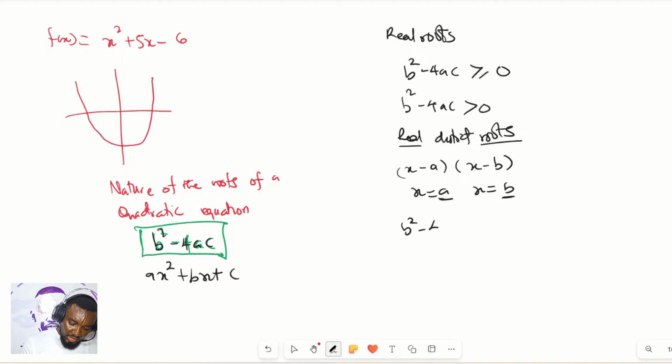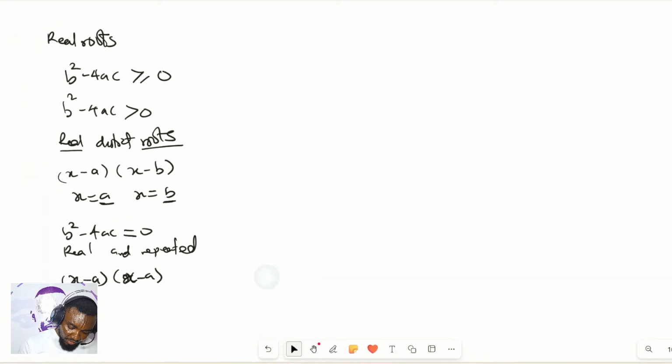When b squared minus 4ac is equal to 0, then it is real and repeated. So for instance, it can be x minus a and another x minus a. So we'll look at a question right now, and then I'll give you one to try and put in the comment section. So for instance, if I have a quadratic equation x squared minus 5x plus 6 is equal to 0, you can be asked to determine